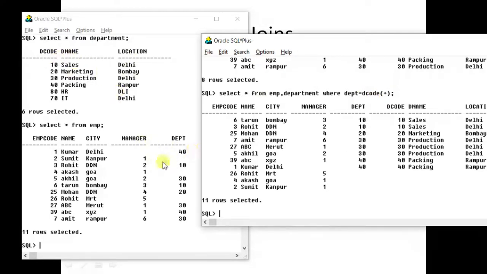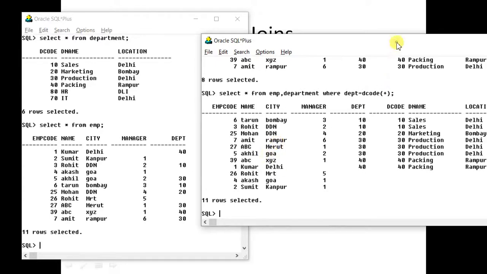So you will apply plus in that table which is other than the missing record table, or what you can say, the table from which you want extra records, the plus is applied on the other table. Okay, this is how you can remember. That is up to you, how you want to remember.